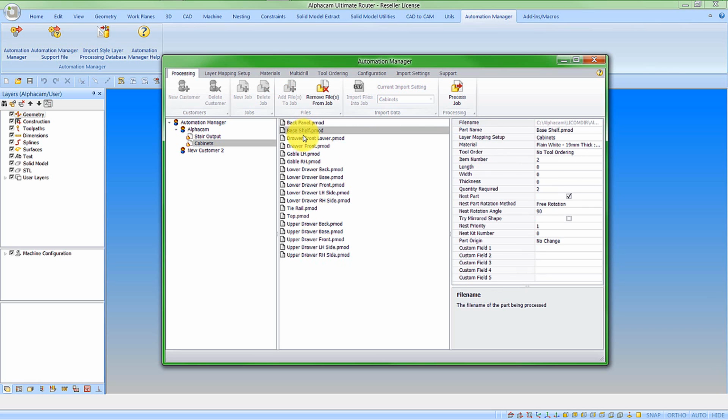And if I look at each one of these, it's set the required quantities and the fact that I want to nest the part, and some have the grain, and because we're picking the maple material, some are going to be fixed with grain in X, but then there might be some that are free rotation because they're on a plain material. When I'm happy with all of these values, I can click Process Job,